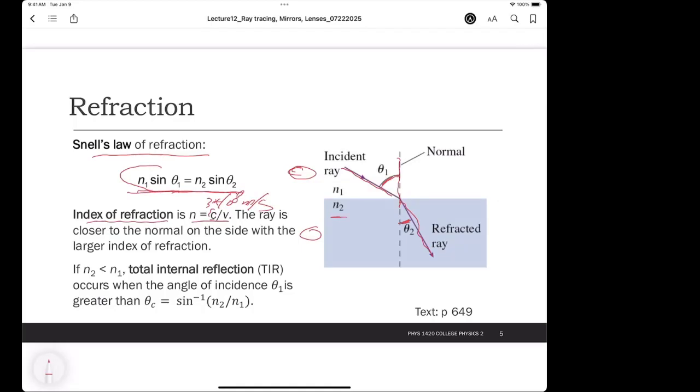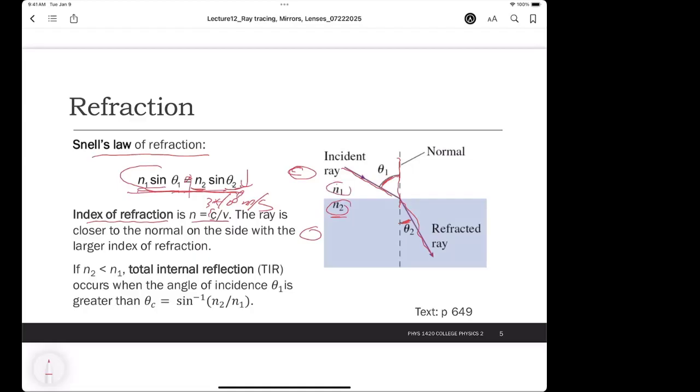The ray is closer to the normal on the side with a larger index of refraction. You can see if the index of refraction is larger, this angle will be smaller. Like if n2 is smaller than n1,